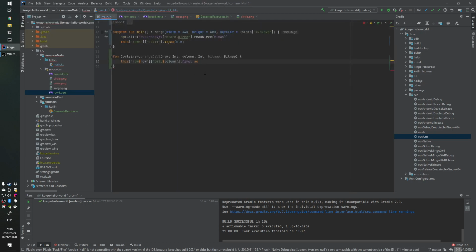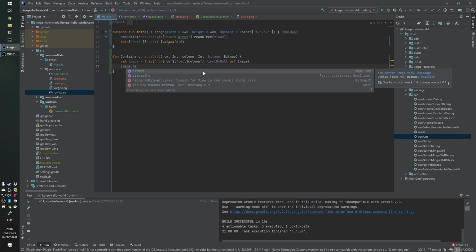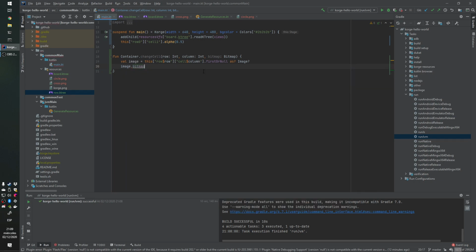That should be an image, first or null in case it doesn't exist. Let's not fail. And we can change the bitmap to a slice of this, or maybe we can get the slice here directly. Okay, so now we should be able to, for example, read